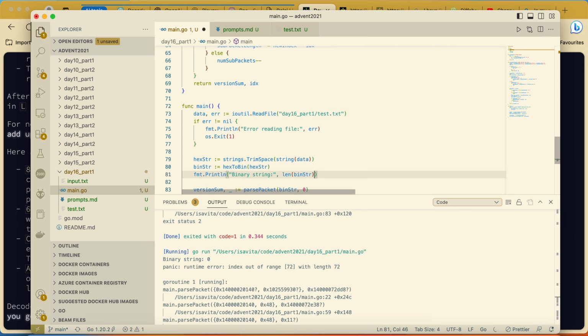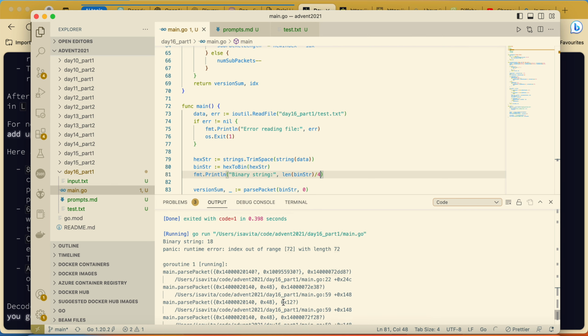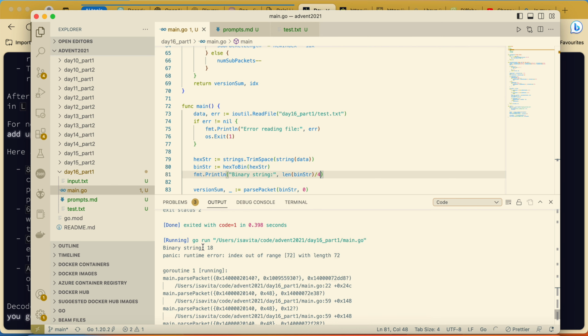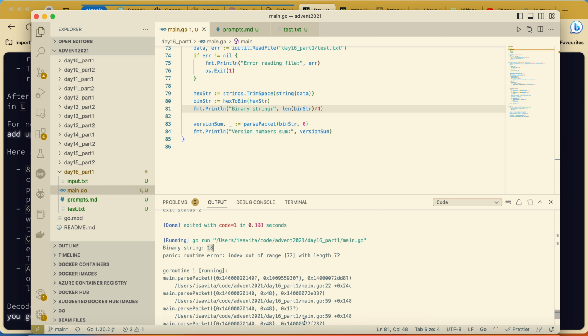Okay, 72 divided by 4 is 18. I was expecting that we have some extra padding and we are simply not removing it.